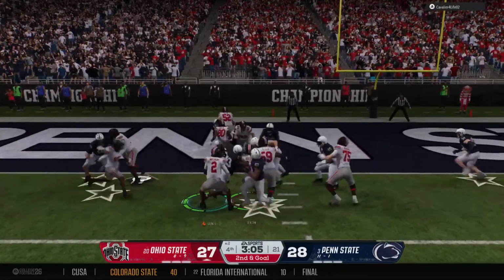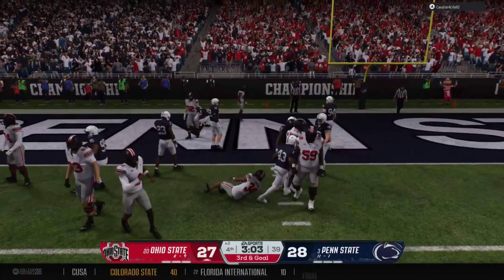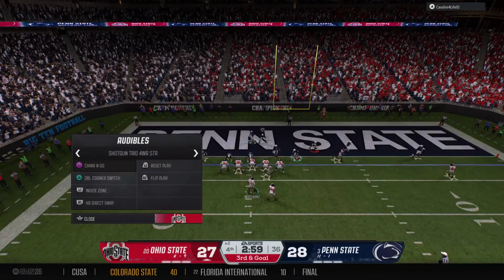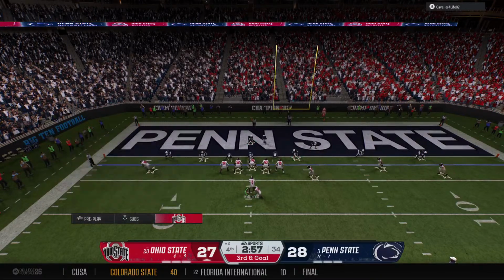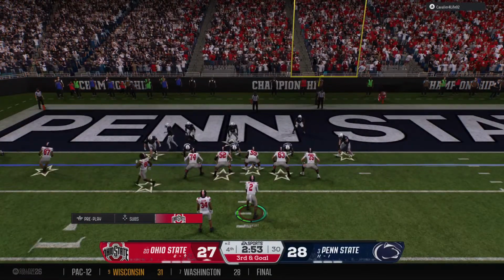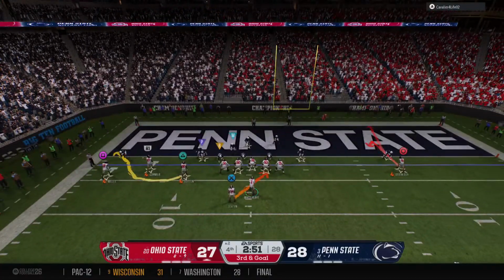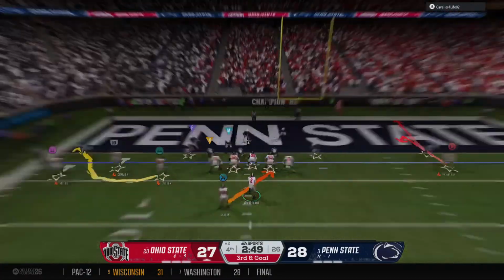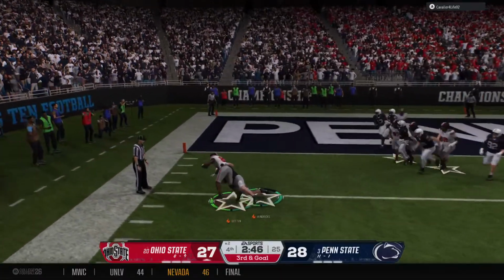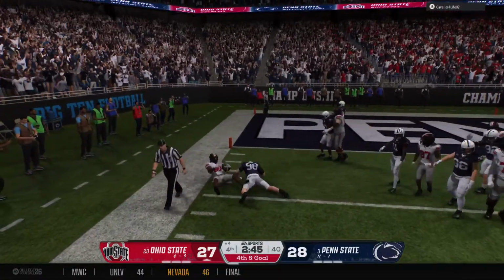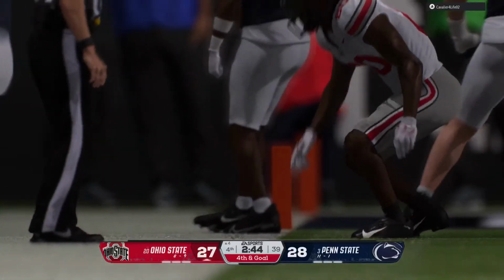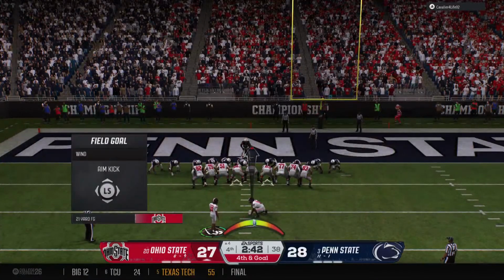Throwing snap to the back. He goes nowhere. Back-to-back stops by this defense. Urgency here. Got to cut into this lead. It's 3rd down and goal. He makes the grab, and the defense swarms him. They've got him behind the line of scrimmage. Boy, the defense does their job and keeps them out of the end zone.